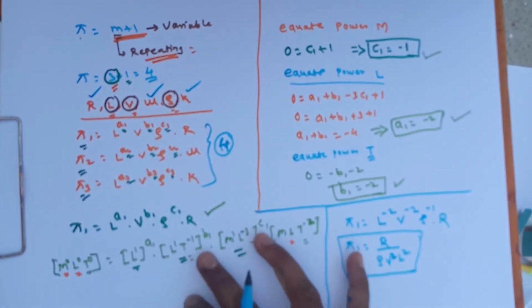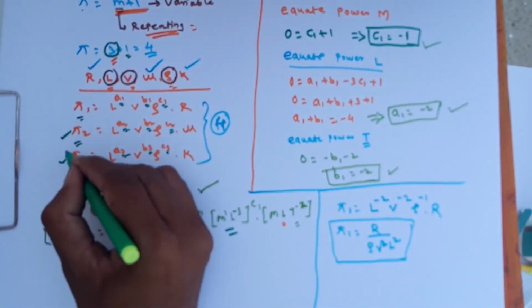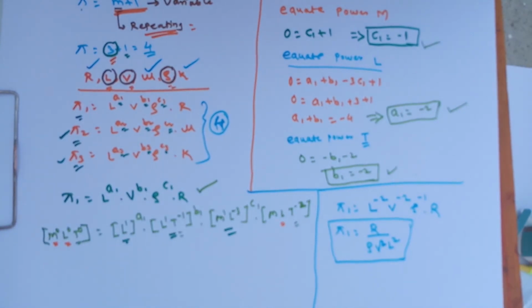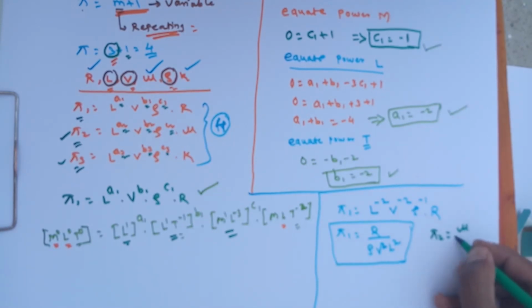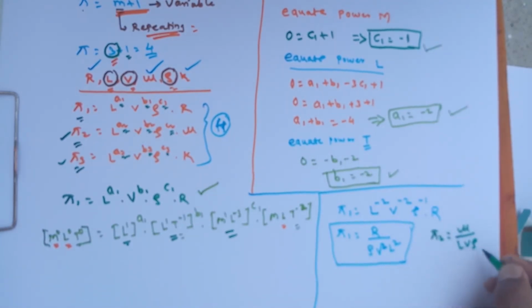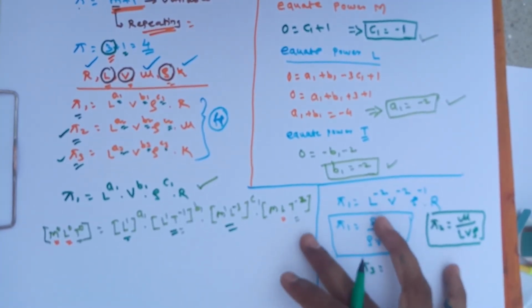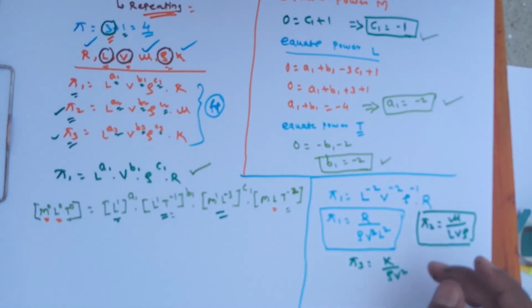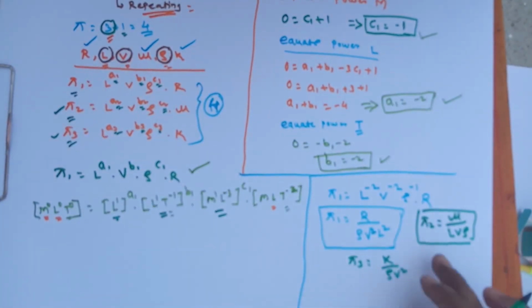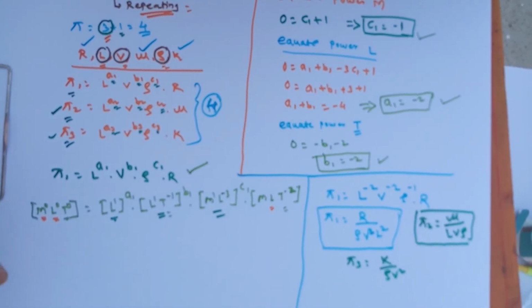We have to follow the same method, and after following the same method I have to calculate the value of pi 2 and the value of pi 3. So following the same method, we will get the value of pi 2 as mu upon l p rho, and the value of pi 3 as k upon rho p square. That means follow the same dimensional homogeneity and you will get the value of pi 2 and pi 3. So after getting the values of pi 2 and pi 3, put those values of pi 1, pi 2, pi 3 in equation number